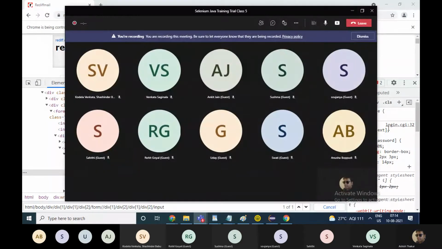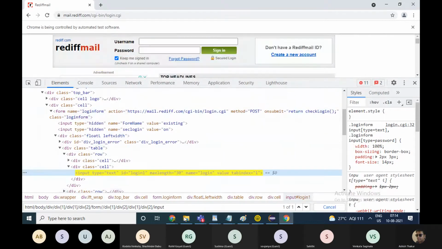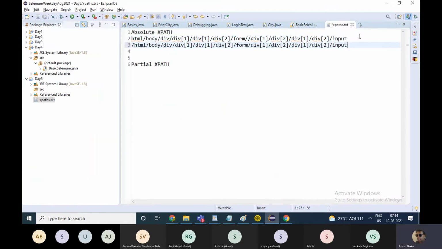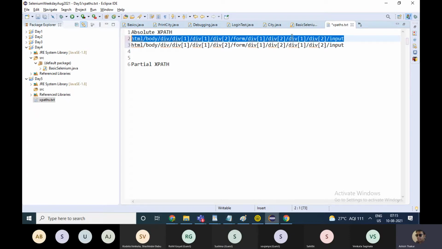You will see that you get the same XPath with just a slash in the beginning. I by mistake put two slashes. Yeah, you can use this XPath in your code.